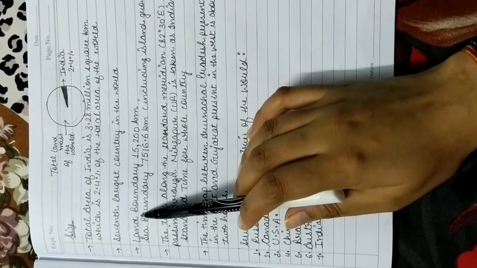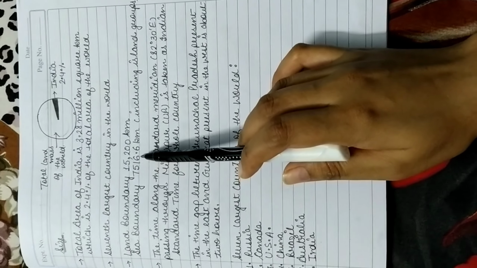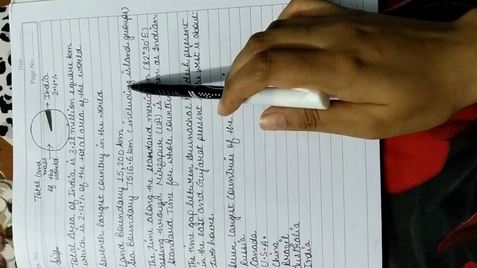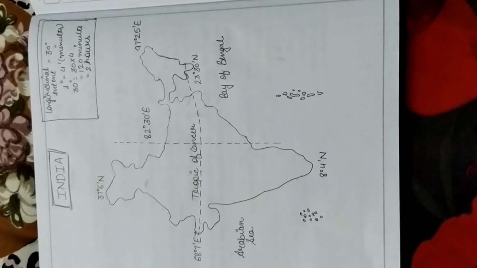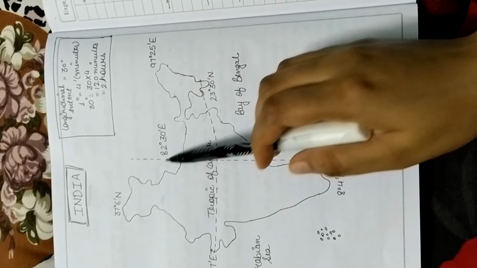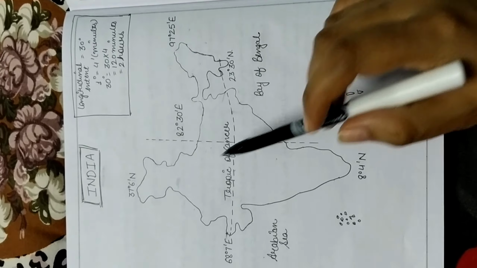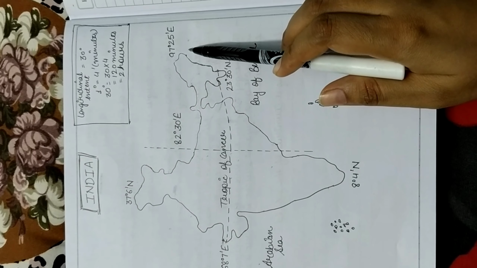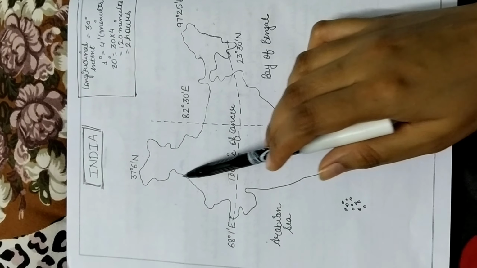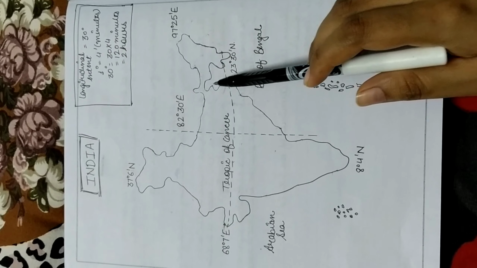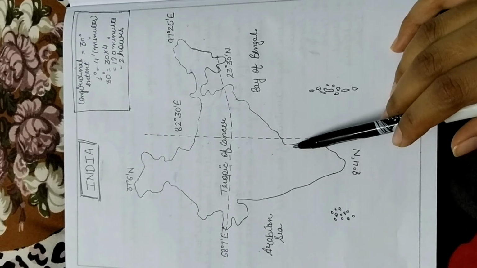Okay, then India has a land boundary of about 15,200 kilometers, whereas its sea boundary is 7,516.6 kilometers if we include the island groups. In the north of India there are the young folding mountains known as the Himalayas, whereas in the south there is the Indian Ocean. In the northwest, north, and northeast, India shares its land boundary with 7 other countries of the world. The total land boundary of India is 15,200 kilometers, whereas the coastal boundary of India's mainland is 6,100 kilometers.